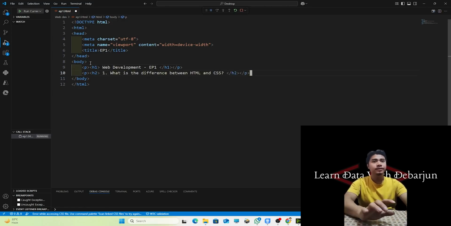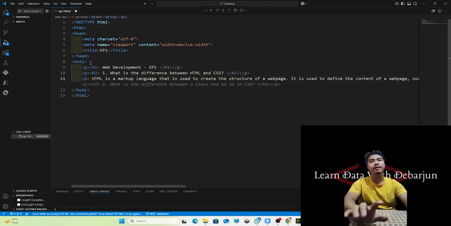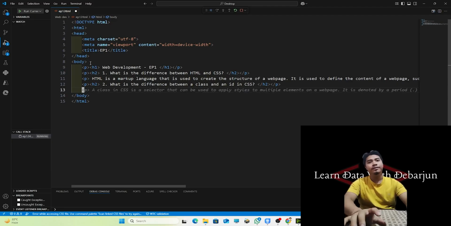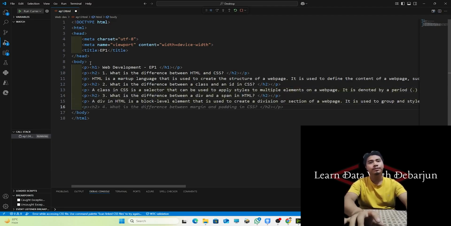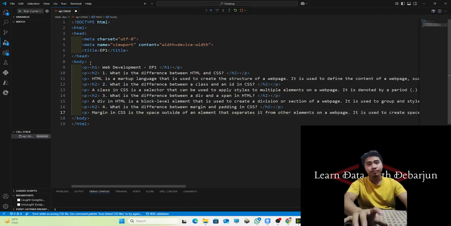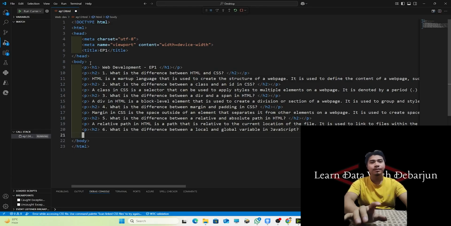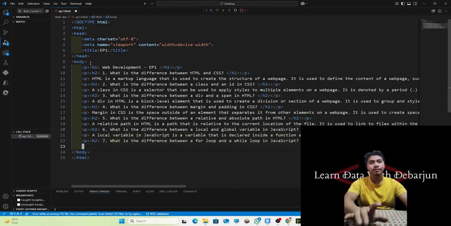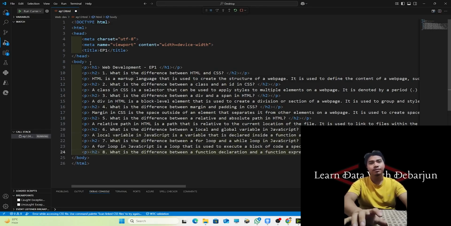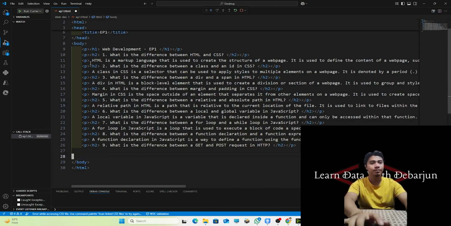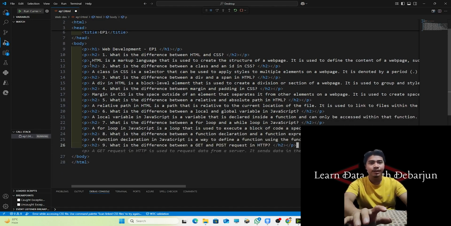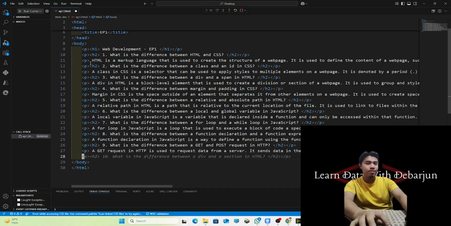Okay, so now this Copilot is helping us. It is showing us something like that, something like that, and something like that. Okay. Now we are going to use our